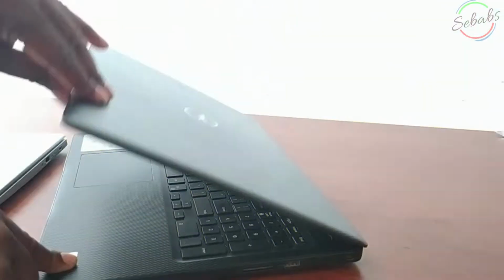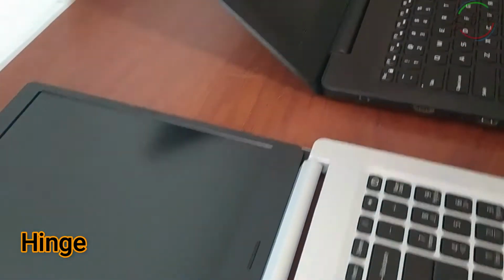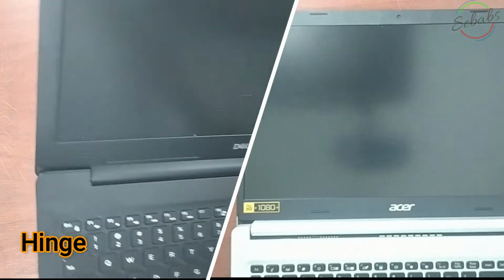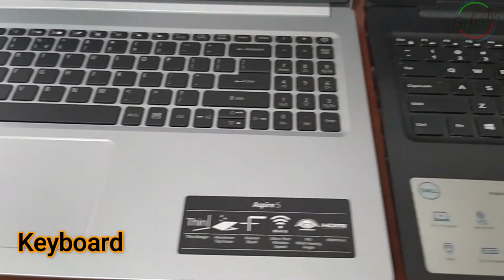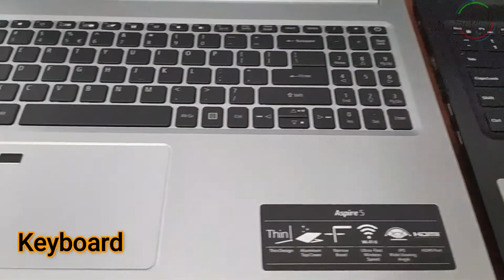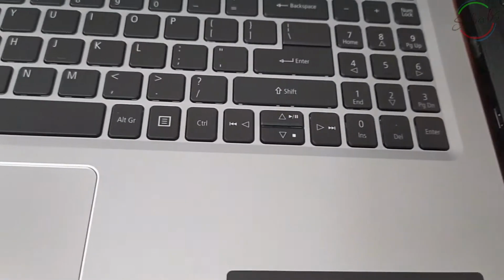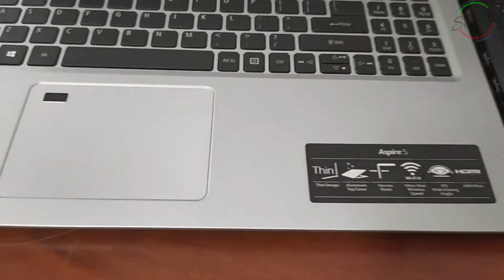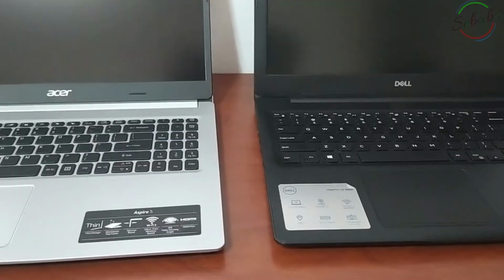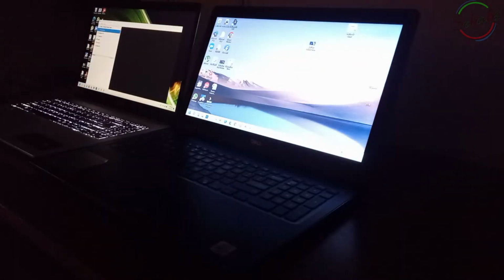The hinge allows for the laptop to open and close while also staying intact to provide easy access. The Acer has a wider complete hinge compared to the Dell. Both keyboards have a comfortable layout with full-size keys. An advantage the Acer has over the Dell is that the keyboard is backlit, which makes it much easier to see what you're typing in dimly lit environments. Extra information here: while backlit keys are useful, they will drain your battery sooner, so take that into consideration when